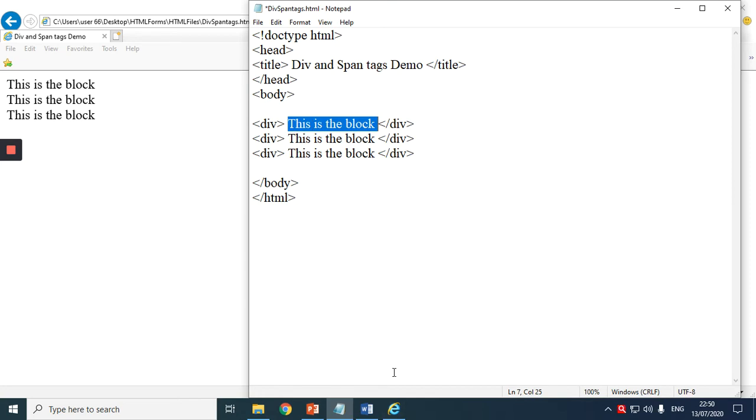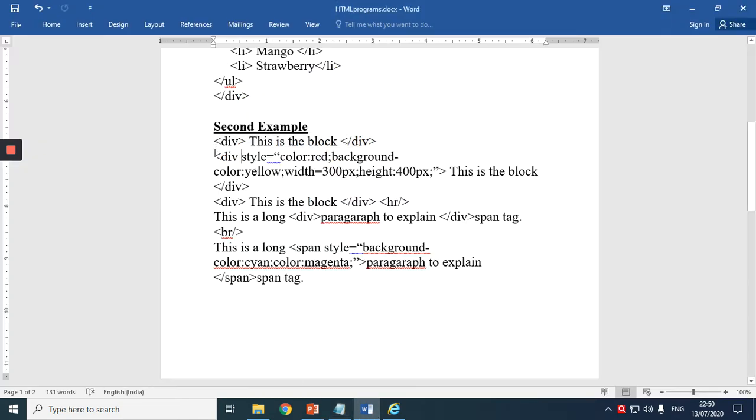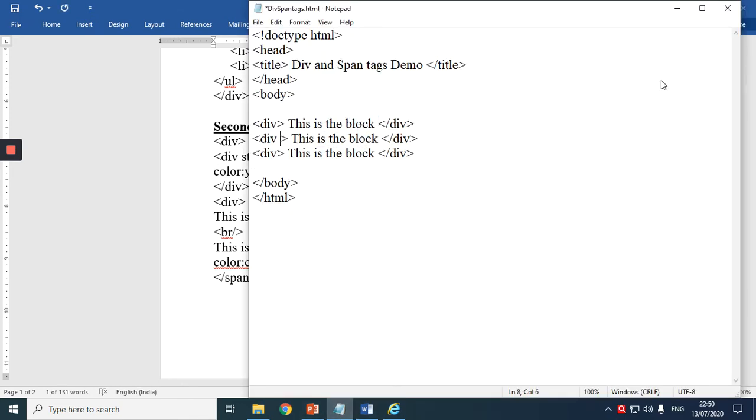So now I'll slowly apply this and show you. Instead of copying and pasting, I will type. To the first I'm not applying, to the second I'll apply style is equal to inverted comma, I'll say color. At least the value I can copy and paste.